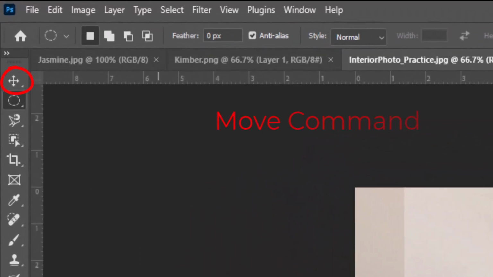That first command is the Move command, which is pretty much the same as how AutoCAD and SketchUp use the Move command. And the three buttons below that Move command are your selection tools. Now each button has a higher level of selection capability. So I'm going to start with the more general selection tools and we'll work our way up to the smarter